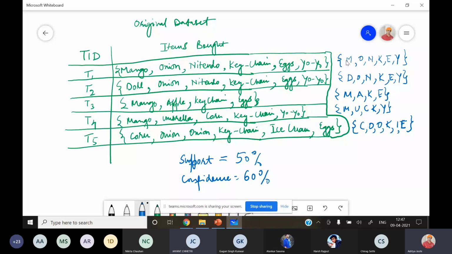MKO, MKE, OKE। ठीक है, जो लास्ट आइटम सेट आपका बचा वो बताओ, OKE। अब OKE से क्या करोगे आप? एसोसिएशन रूल बनाओगे और क्या निकालोगे? कॉन्फिडेंस वैल्यू।